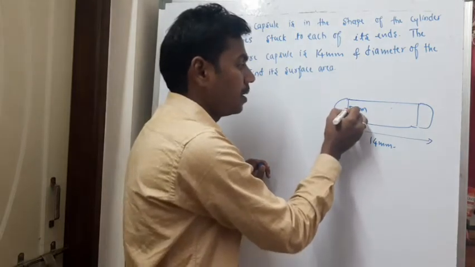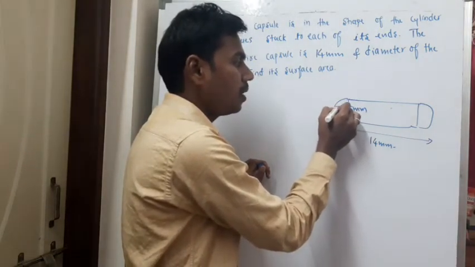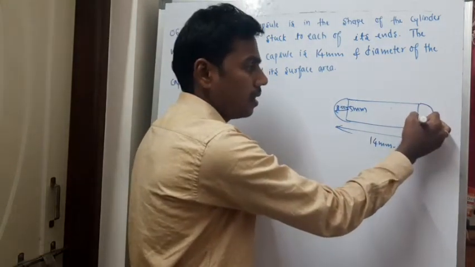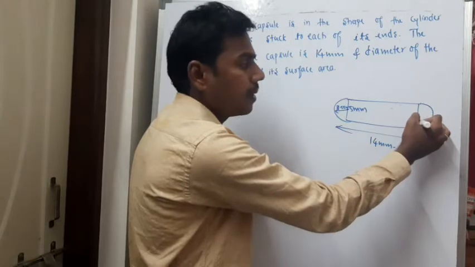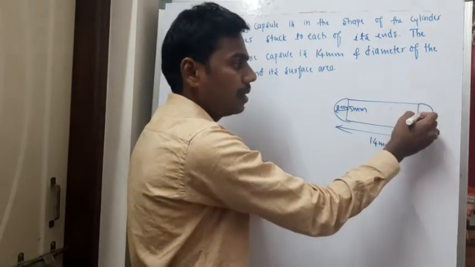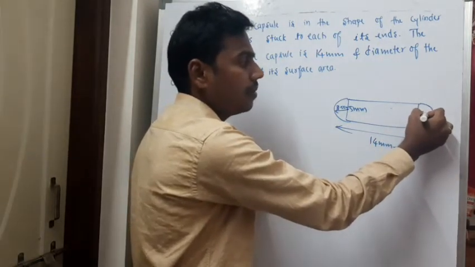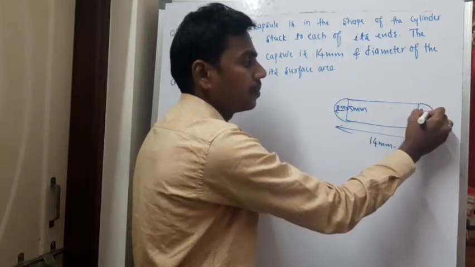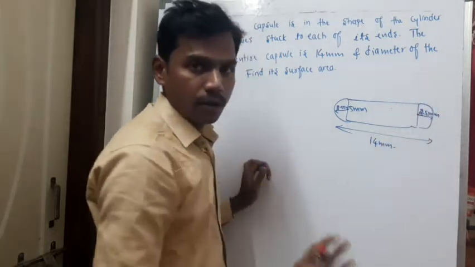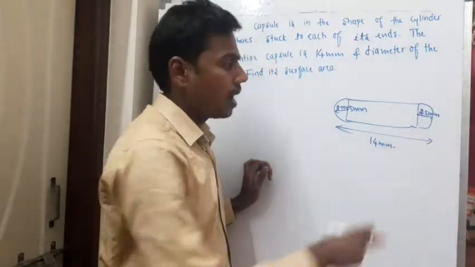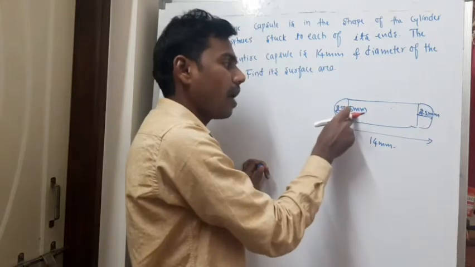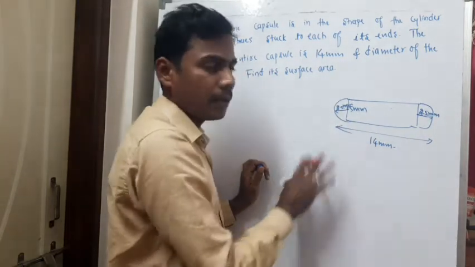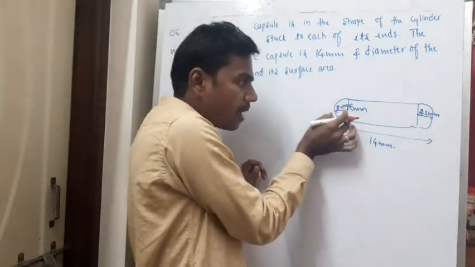See, this is the diameter, 5 mm. Here also this diameter is 5 mm. So what is the radius? Sorry, the radius will be 2.5 mm, because the diameter is 5 mm, and if I divide it by 2, I'll get the radius. Here also the diameter is 5 mm, so I'll get 2.5 mm. Not centimeter, that is mm. So 2.5 here and 2.5 here.